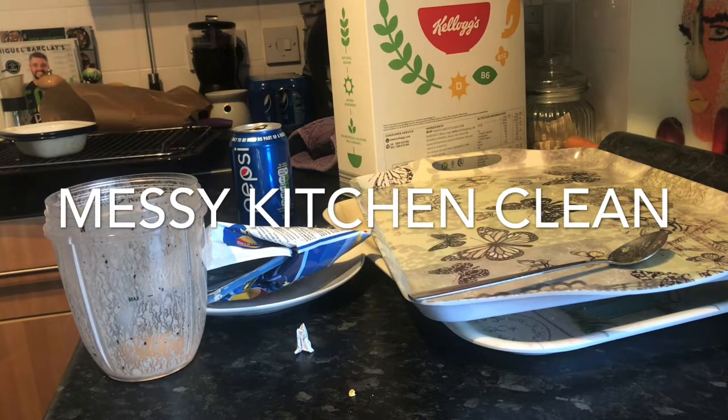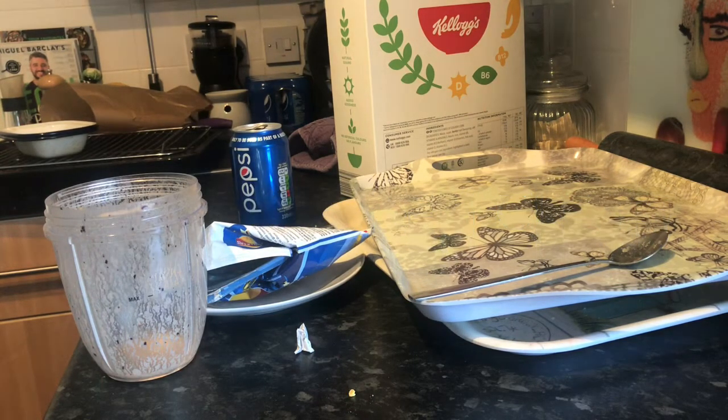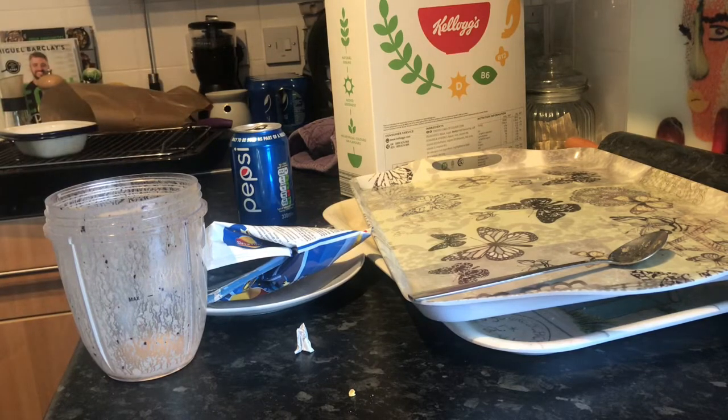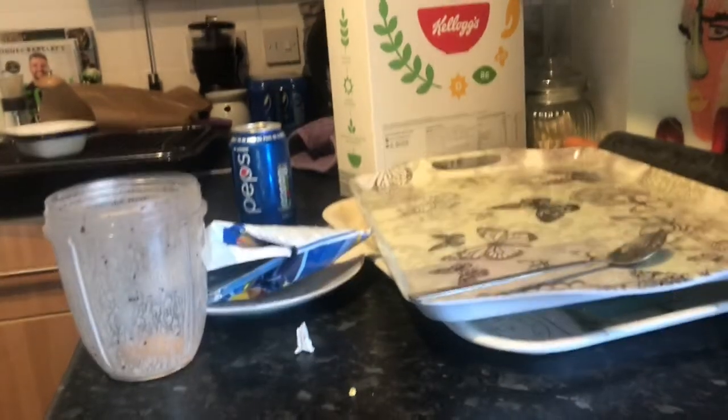This is my messy kitchen at the moment. As you can see, rubbish everywhere. Just tends to build up. Sometimes